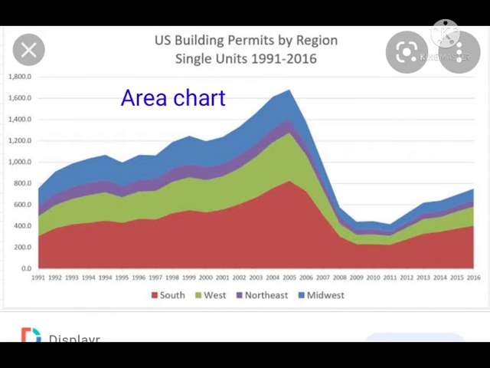Next type is the area chart. It is a unique version of the line or column graph. When we want to show change over time, then we use the area chart. It gives a better representation than the line chart. By showing the sum of the plotted values, an area chart displays the relationship of parts to a whole.